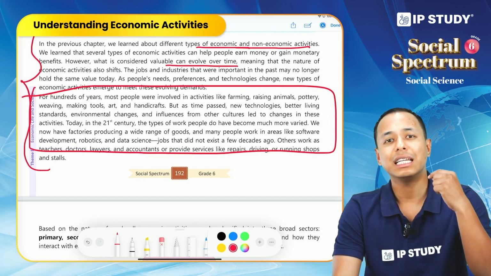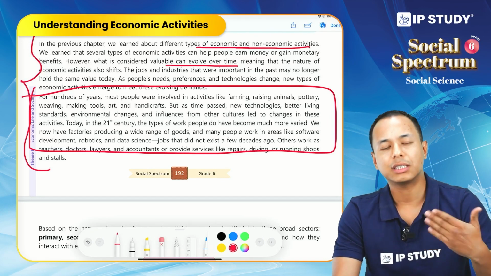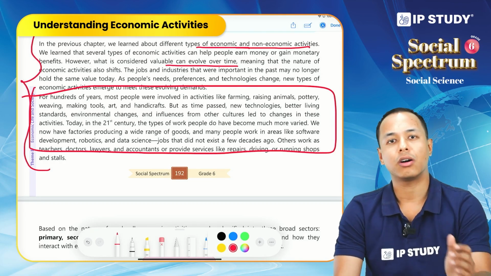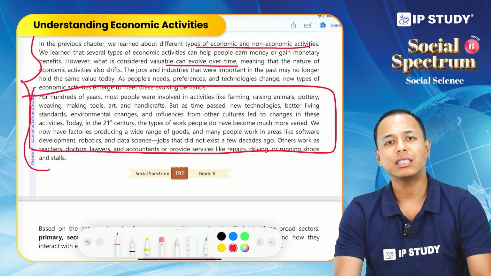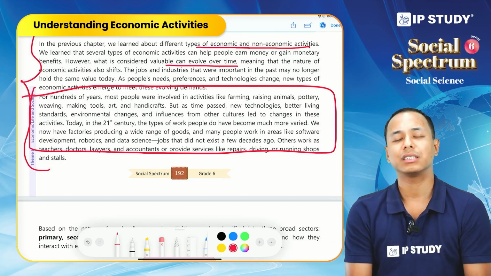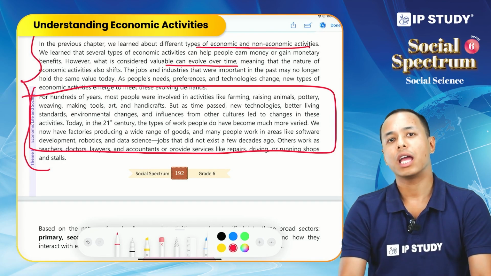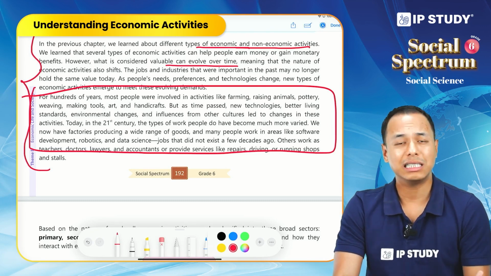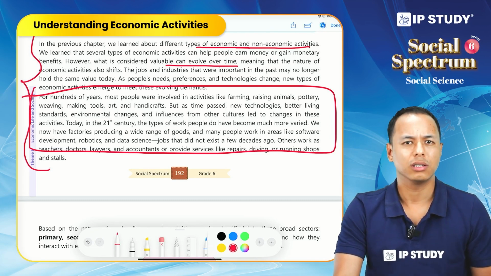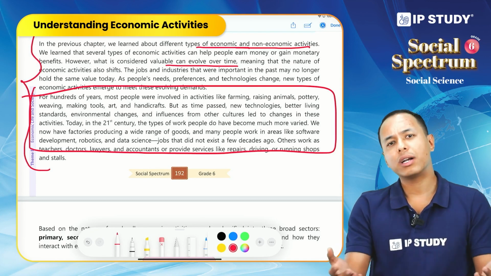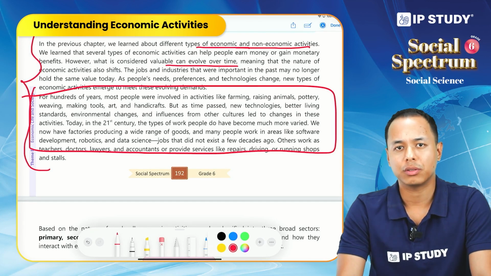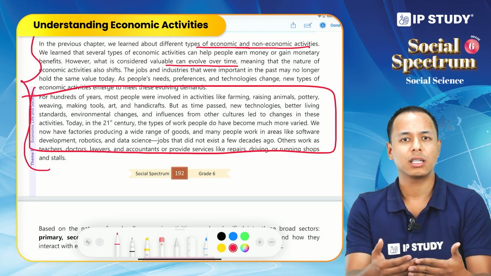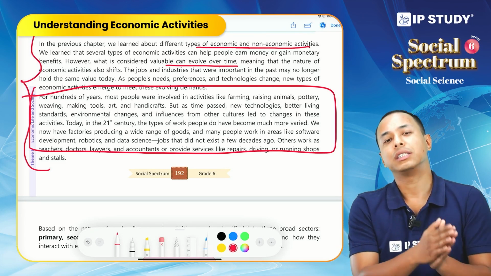As I've already said, it has changed due to different things, like the advancement in technology with time, right? Cultural assimilation or influence of culture. Different activities have now come into existence, for example robotics or aerospace, right? We could not find these activities in the past 200 years. Before 200 years, we had no idea what data science or software development was. But with time, when technology advances or changes, our economic activity also changes.